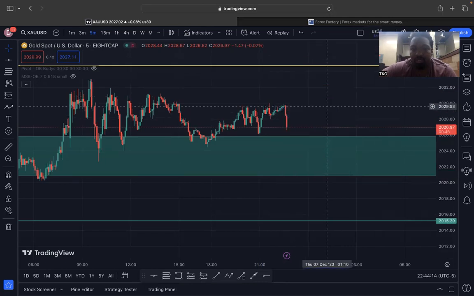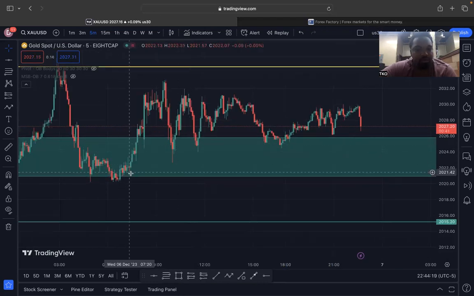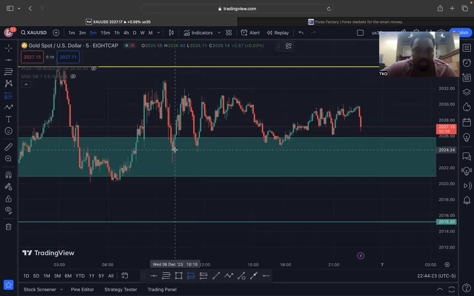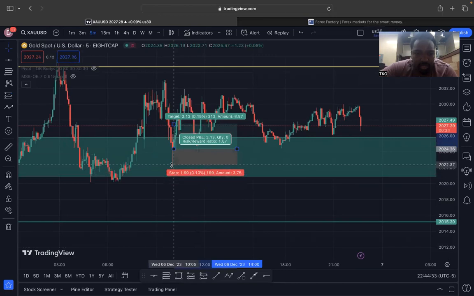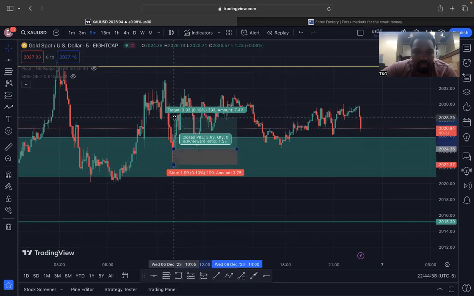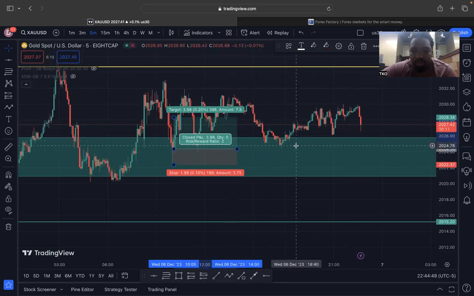If you want to do it for a long position, if we're getting in for buys, hypothetically, let's say we got in for a buy over here. We click on the long position box down here. Let's just say we caught a sniper entry and we got in right on this body of the green box, right? So I'll bring my stop loss a little under that liquidity, and then I'll drag this green box until it says 2. And then my stop loss would be 2022.37, as you can see here on the right. And then the take profit would be